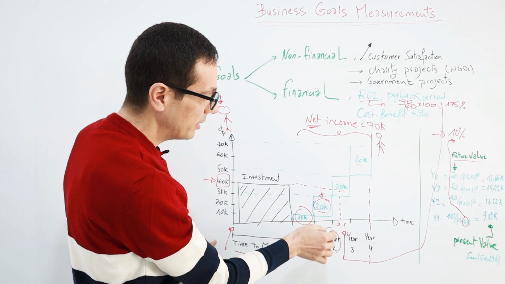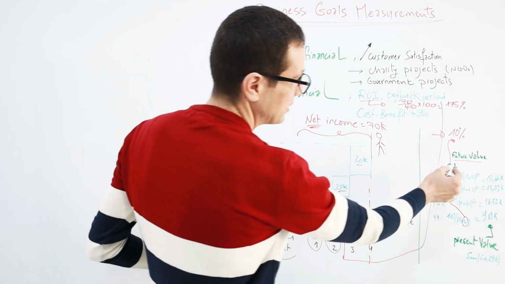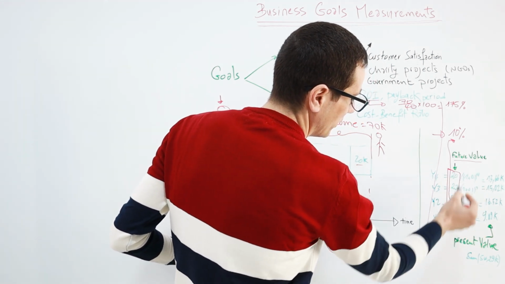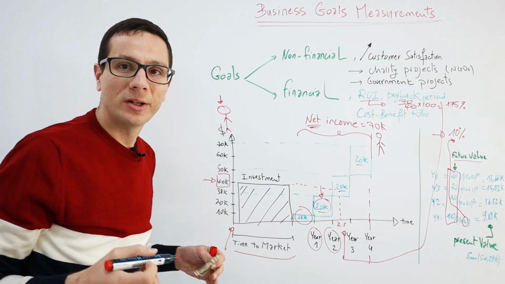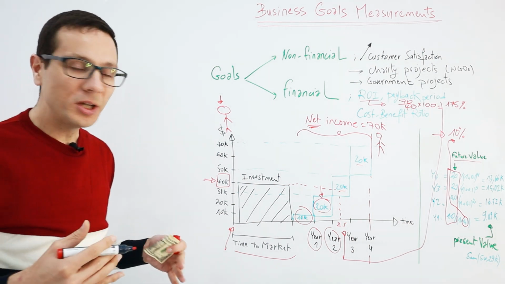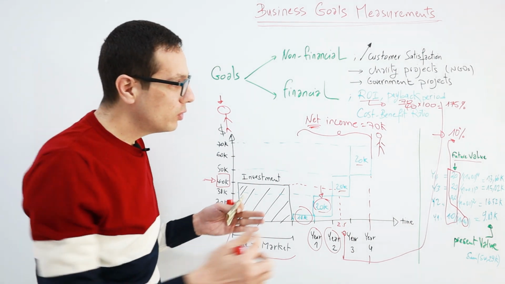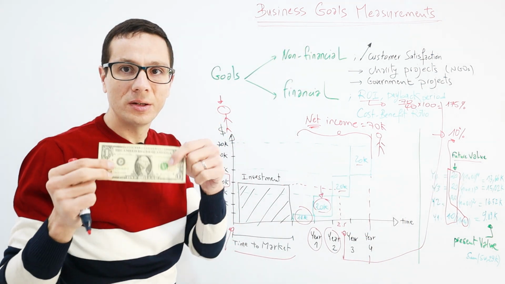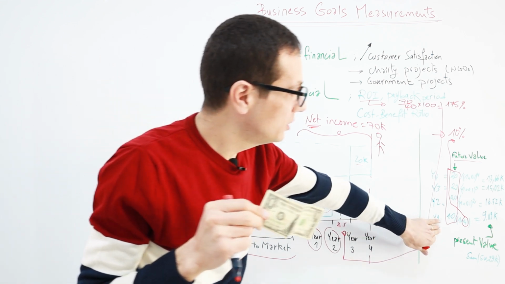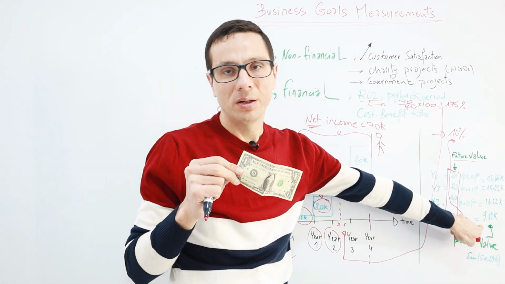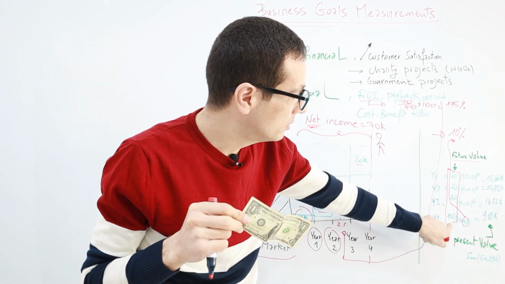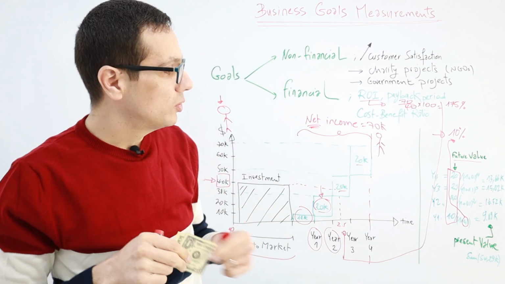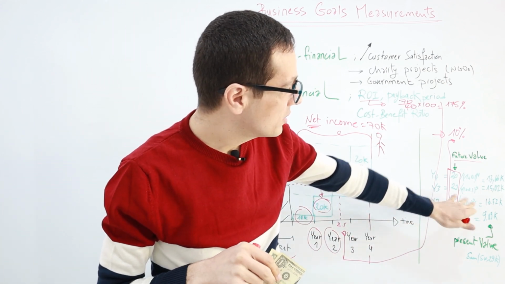I'm expecting to receive 20K by the end of year 2. So these are the future values. And what I am looking for is the value of this now. The value of this $1 after 1 year is 90 cents, because we have here 10K. So this is 9K. So we will do the same calculations here.